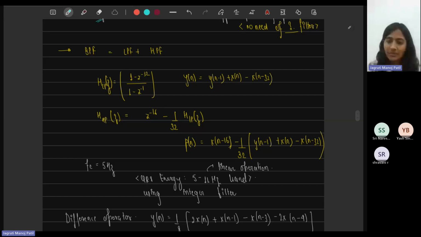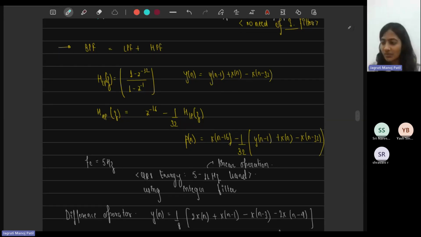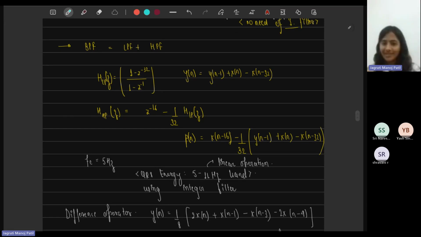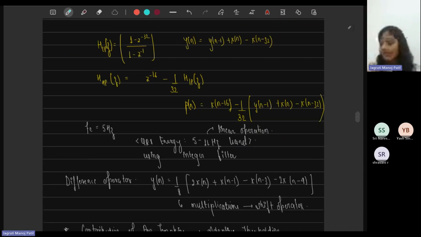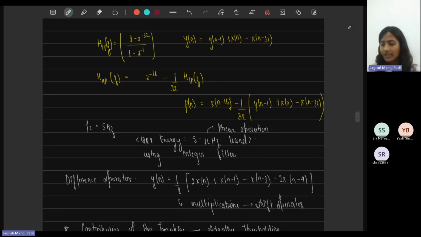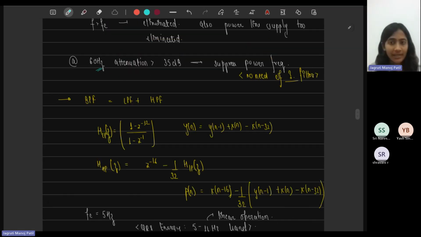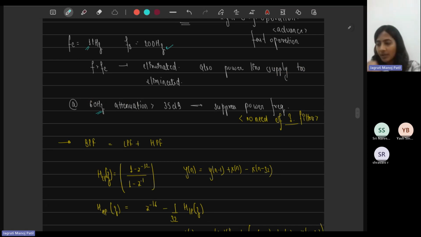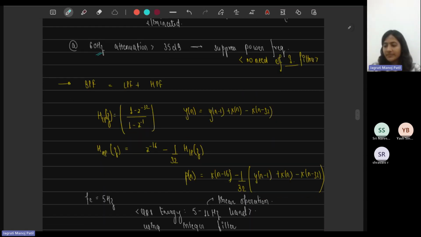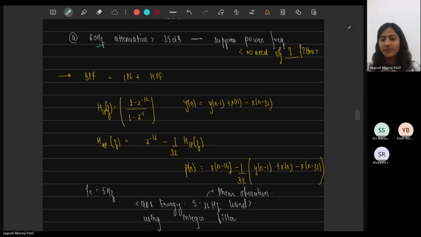And actually this is a linear operation, so you do not have any nonlinear enhancements over there. So again, it's also an integer filter. So in the order of n equals x, or say n equals z, you will get all your operations being done. Similarly, the difference operator for it, they made it. And again, it's like the multiplication, you can change it with respect to the shift operator, say advance or delay. So what did they contribute then? Apart from adding a filter or making it a band pass filter, or seeing that it was coincidentally lying between 5 to 11 hertz, it just helped us with the